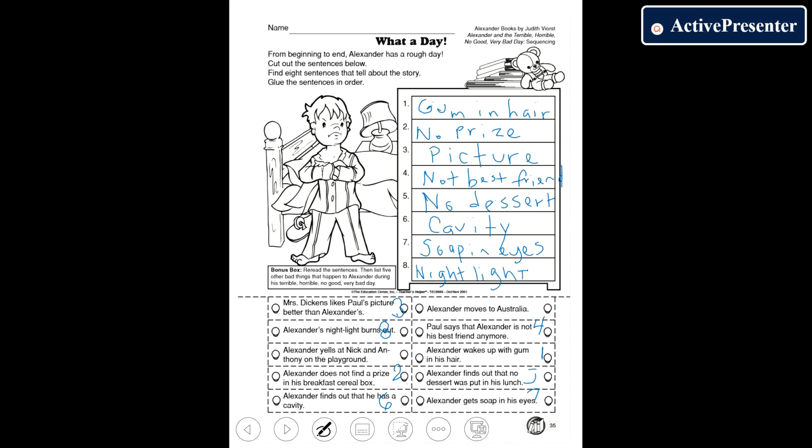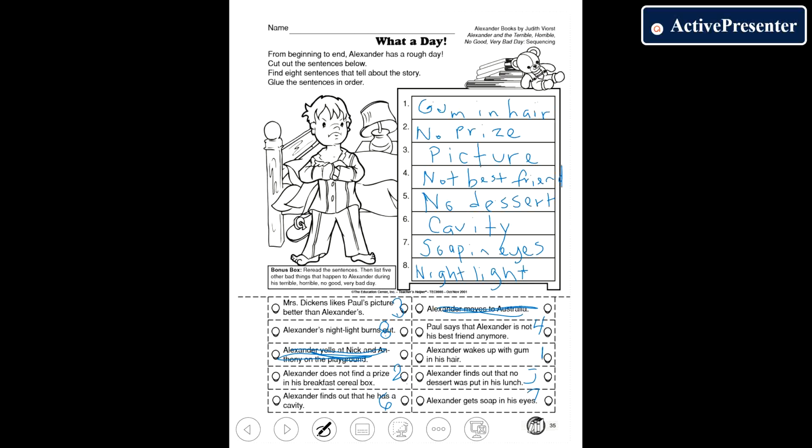And they tried to trick us, but we weren't fooled. Alexander doesn't move to Australia, and he doesn't yell at Nick and Anthony on the playground. That doesn't happen. So that is, if I put all these events in order, we know that Alexander got gum